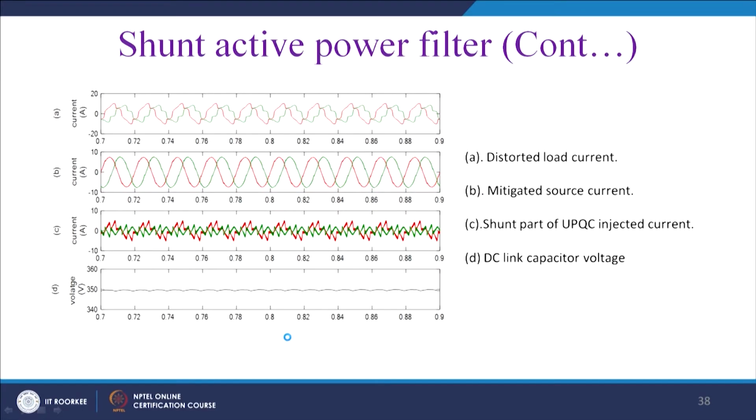So, this is one example of the operation of the shunt active power filter. These are the simulation results. This is the load current, and it is unbalanced, and two phases, phase A and B, are shown. By injection of the shunt active power filter, the source current becomes sinusoidal and also balanced, and this is actually the injection of the shunt compensation, and this is the DC voltage of the shunt filter.